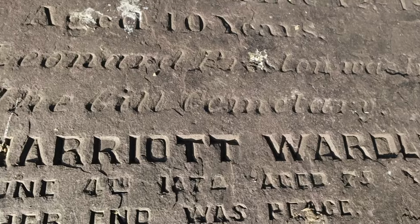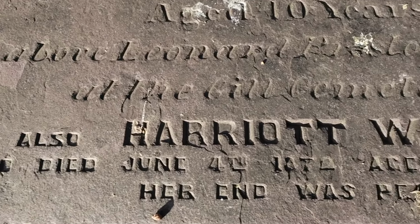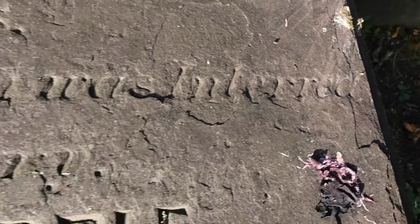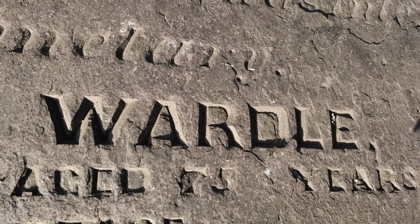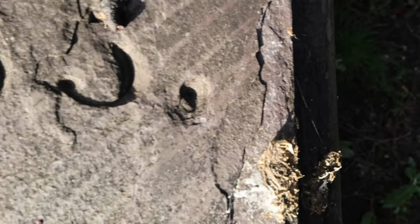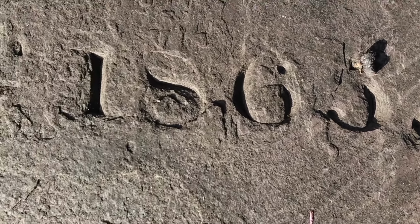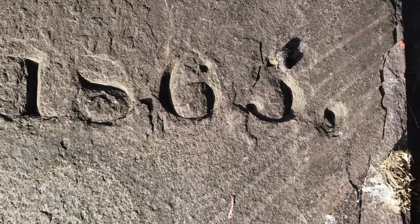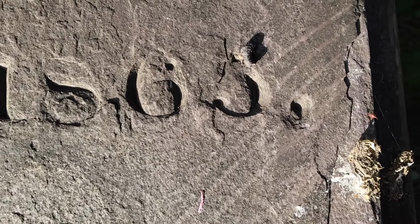And it mentions the above, as I said, I'm just pointing in the general direction. The above Leonard Preston was interred at the Gill Cemetery. So let me see it through the camera. I think that's some strange looking red spiders there. I think that's 1865. Henrietta, relict of Leonard Preston, who died